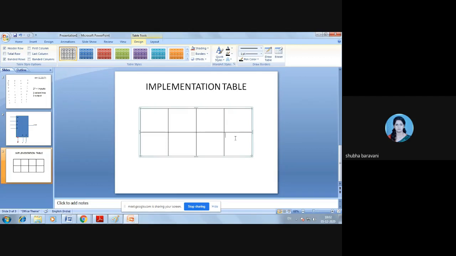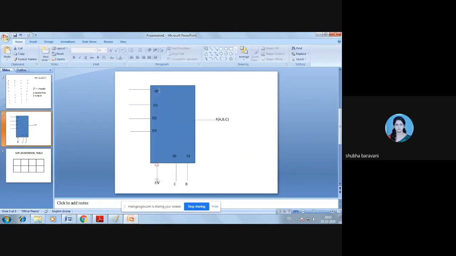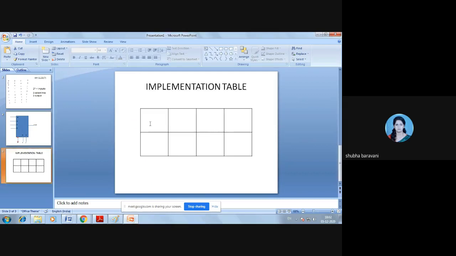Right, I have created 2 rows. Now how many minterms are there? D0, D1, D2, D3 है ना. So here you write down D0, D1, D2 and D3.